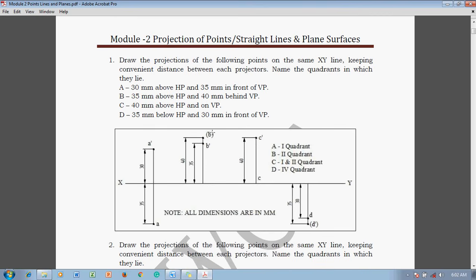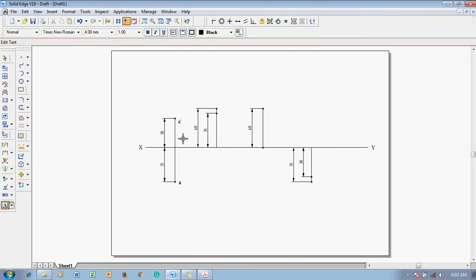Next point is B inside the bracket because it is in the second quadrant. In the second quadrant the top view is invisible, hence the top view is inside the brackets, and the bottom point is called B dash. Now I keep the cursor over here, then Shift 9 for the open bracket and then B and close bracket, and place the cursor once again over here, mention it as B, and then